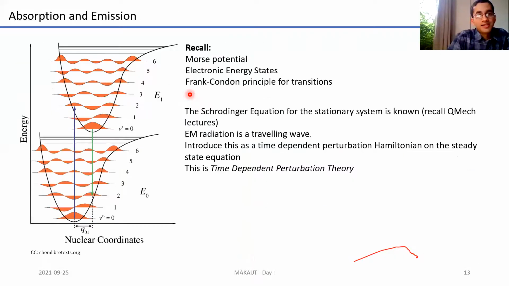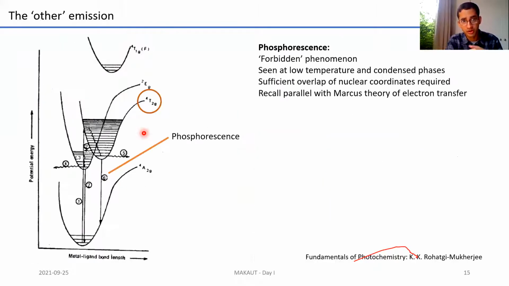If you go back here, the image showed that there is absorption, and then this molecule comes down, there's emission. Note here, something that was in the fine print, that these two are in the same spin states. My apologies to those of you who are not aware of spin, I'm sure most of you are. Spin is not literally something spinning, but a quantum mechanical property associated with the electron.